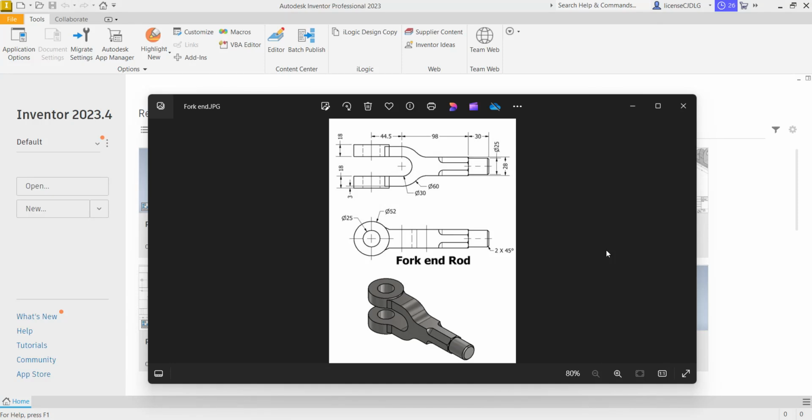Today I am going to show you how to prepare this in Autodesk Inventor software. This is the knuckle joint first part, fork and rod. So select new,